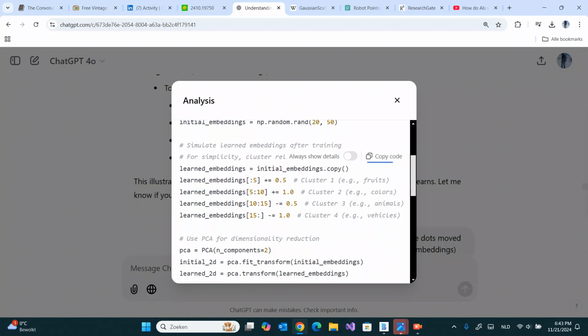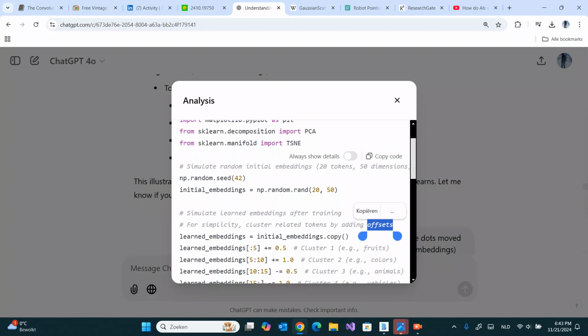Yeah. No, I don't see the component here. But